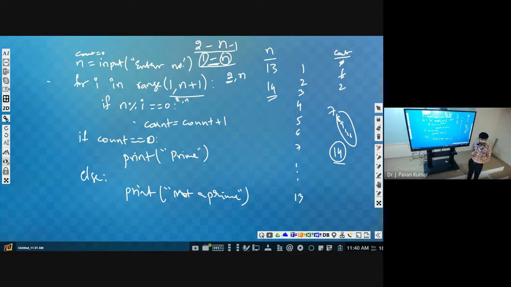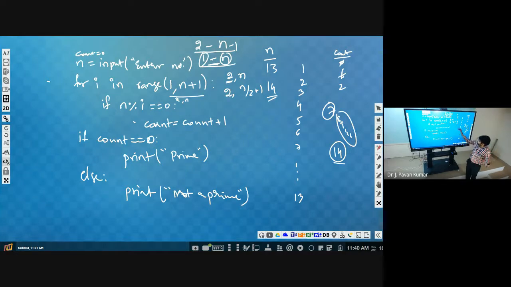So we can stop at n by 2 itself, that is, we can stop at 7. So how can we ensure that? We can start from 2, then n by 2 plus 1, so that it will stop at n by 2.